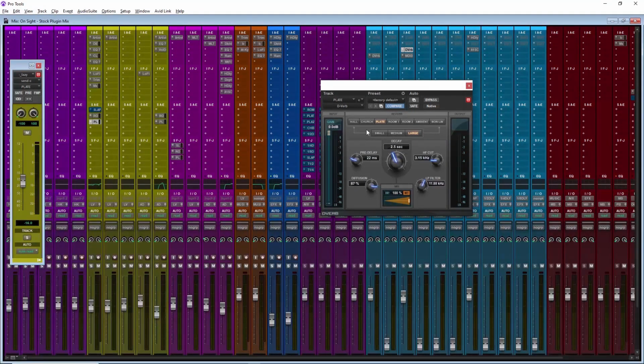So we're cutting down to 3.15 kilohertz. And I did a little bit more at 11,000 hertz. So you also have this low pass. It's basically the same thing. I don't know why they add the high frequency cut and low pass filter. It's the same thing. And that's all because that plate reverb is very metallic, and when you